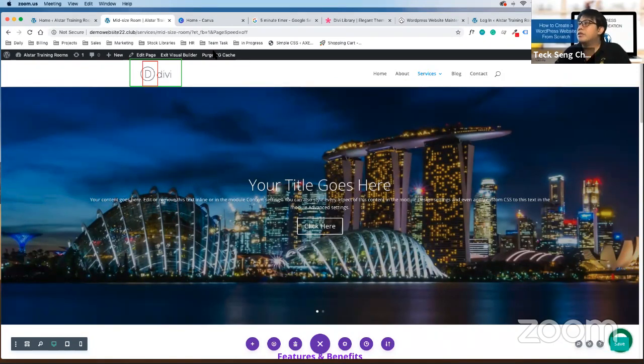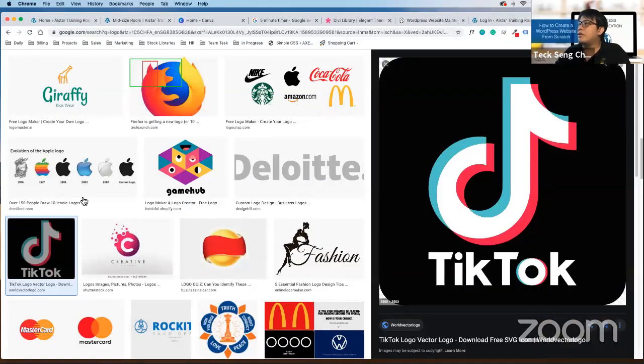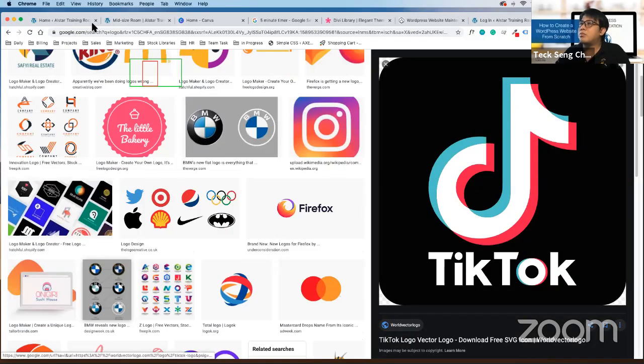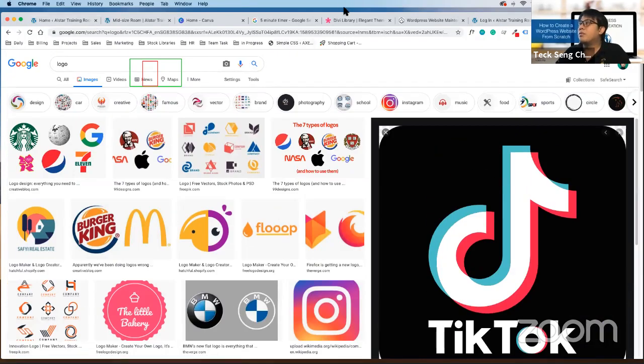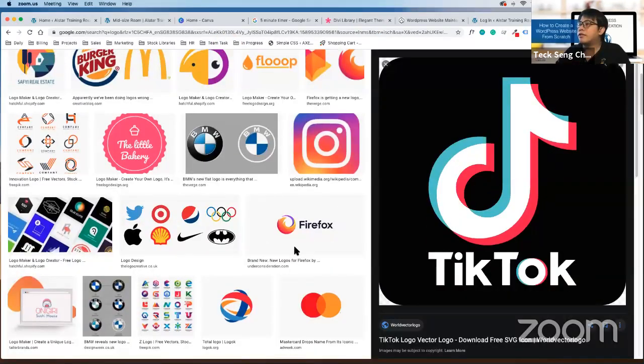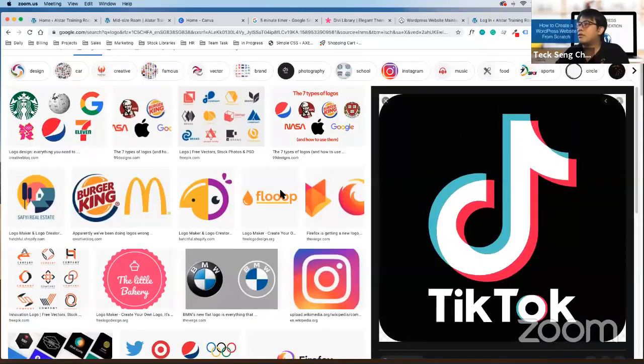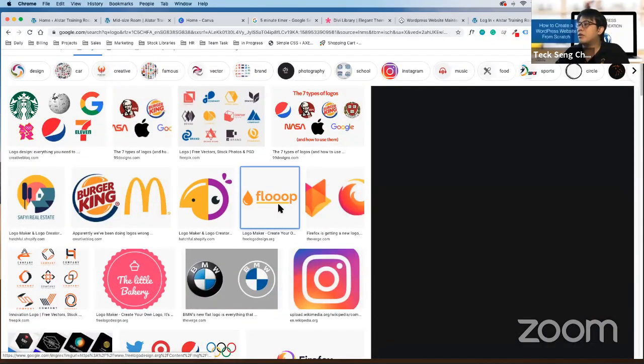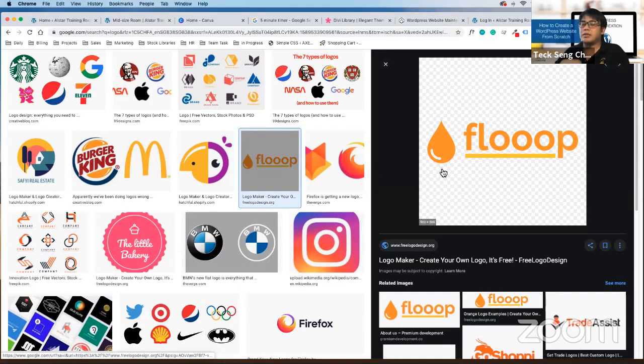So I just need you all to help me to search for a logo, download any logo. You just go under maybe Google logo, and search for a logo. Let's say, for example, I'm going to search for this logo.